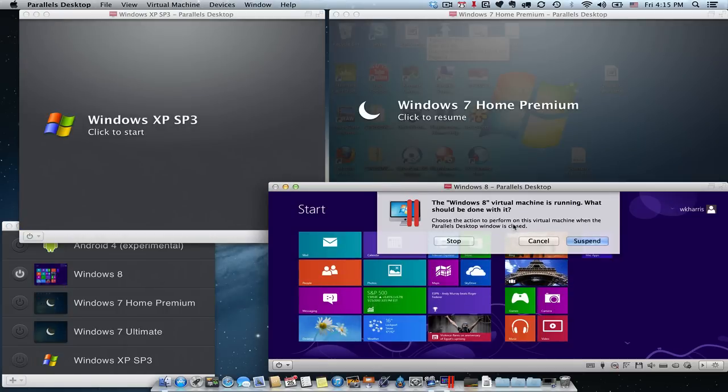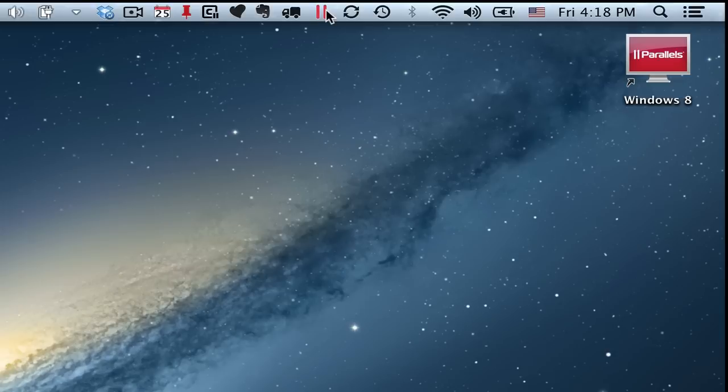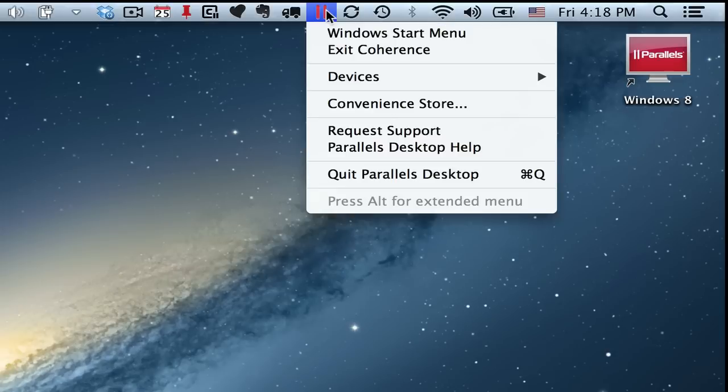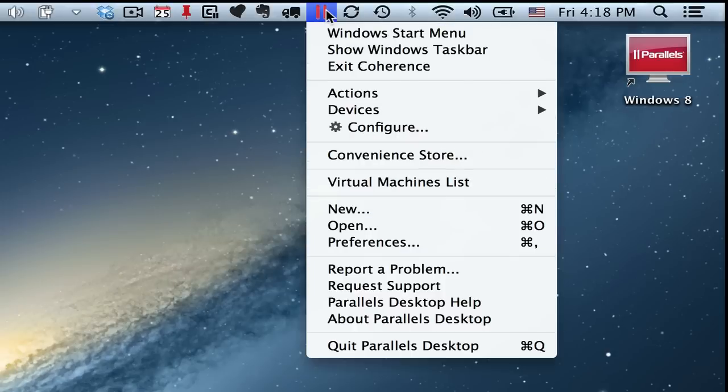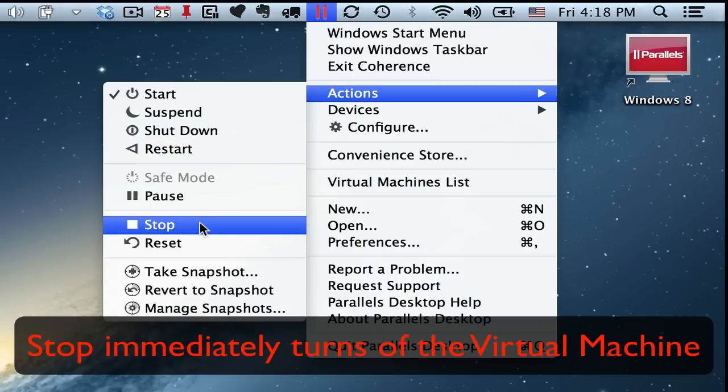you've configured this setting. If your virtual machine is running in coherence mode, you can also quickly shut down or suspend the VM by going to the Parallels menu in the Apple menu bar, pressing the Alt key for the extended menu. Then go to the Actions menu item and select either Suspend or Shutdown. You might have noticed along the way that in the menus there is a Stop command. While I did not cover this in any detail, think of this like pulling the plug out of the wall on your PC. The virtual machine will immediately stop all Windows programs, and any data or progress will not be